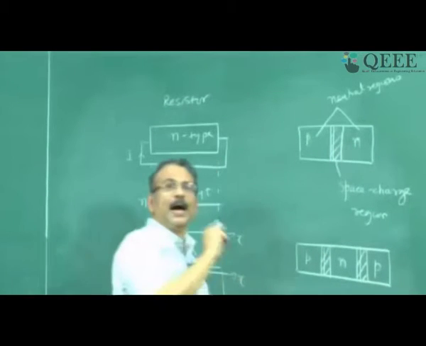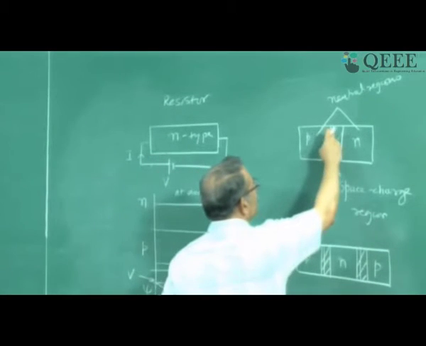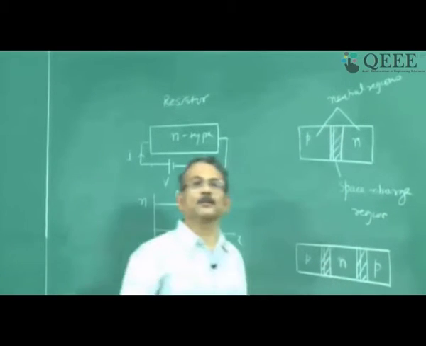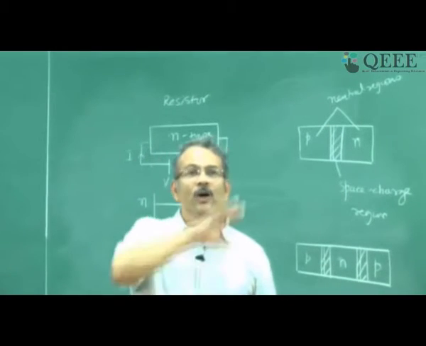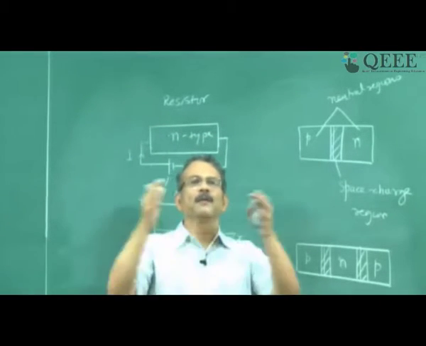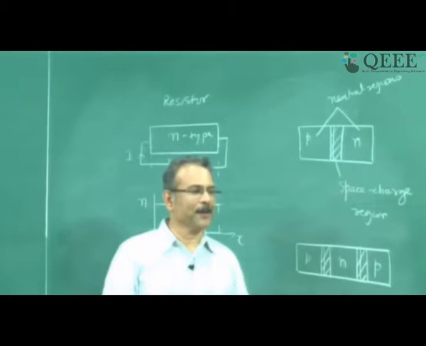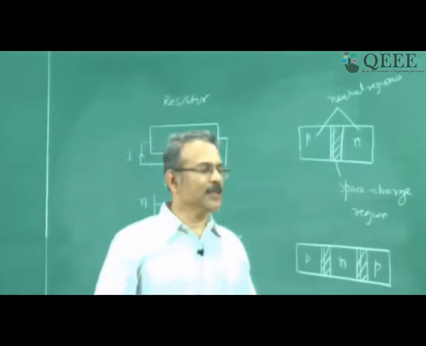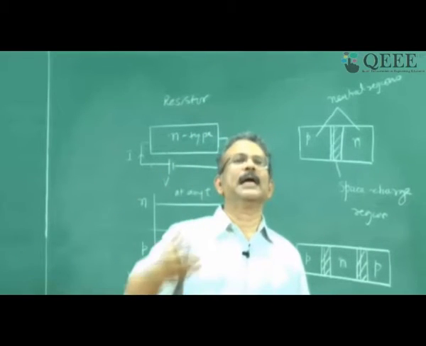When I am combining, I should take care that the electron concentration should be continuous across the boundaries. The hole concentration should be continuous across the boundaries. Potential should also be continuous. So using this continuity, we combine the information mathematically, right? Then we get understanding of the complete device. So this is the approach we are going to take to understand any device.